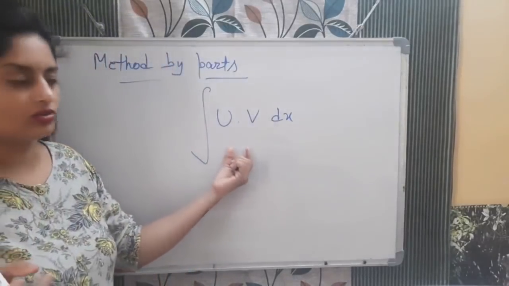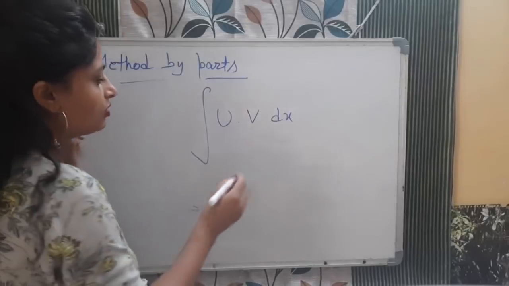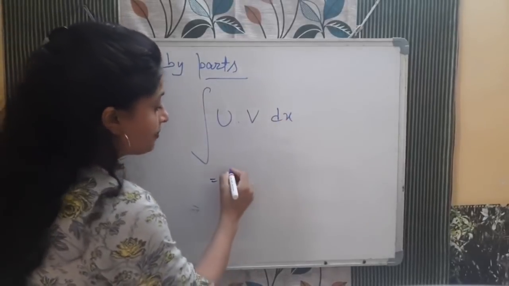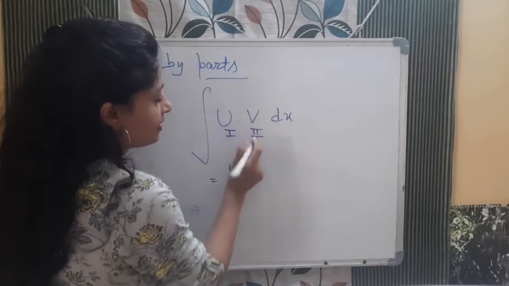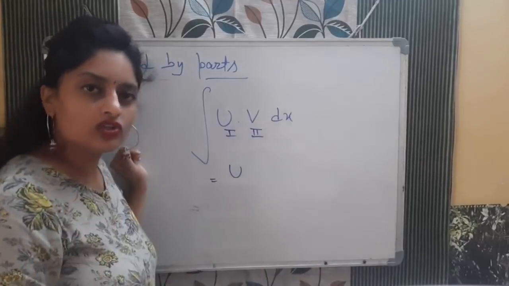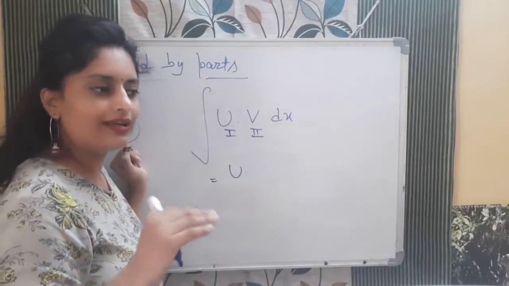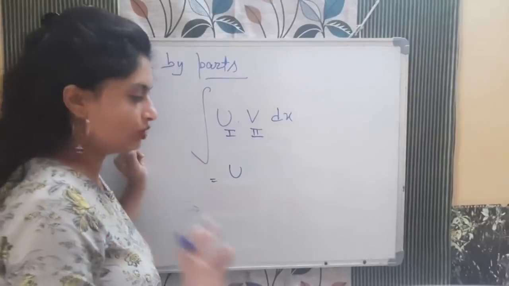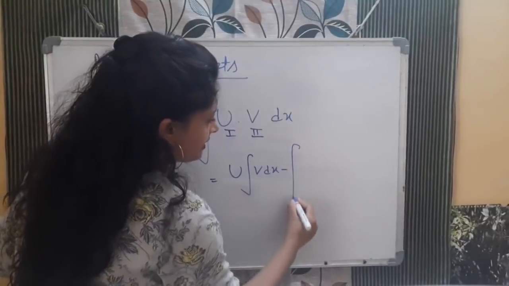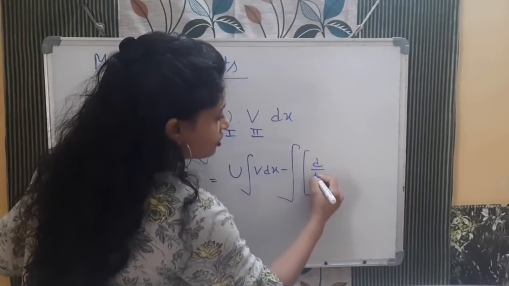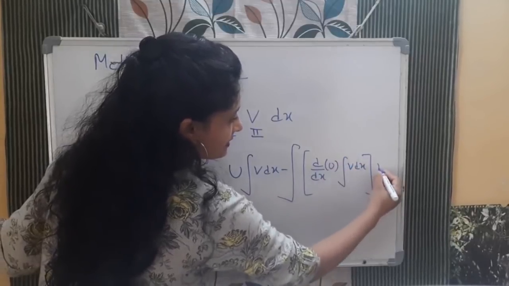I will solve one numerical also with the same formula. So this is a function of x, this is a function of x, and these are in a product. So how will you solve? For this integration there is a formula. First function as it is, you need to consider it as first and the second. It's your choice which function. When you have the numerical, you can have two functions, and out of that one you will make the first and one you will make the second. It's up to you. Now see, first as it is, integration of second, minus integration of differentiation of first, integration of second. This is the formula.